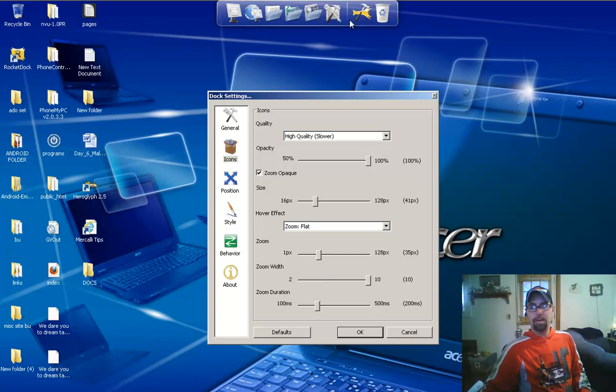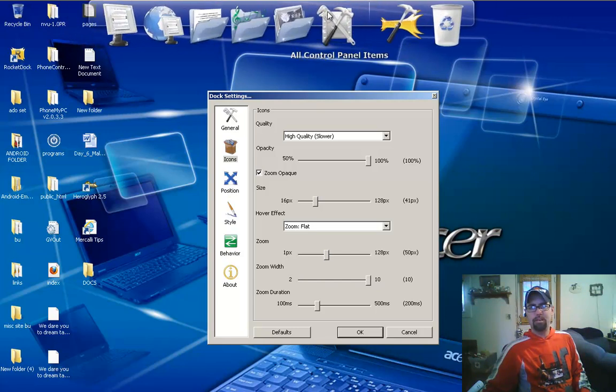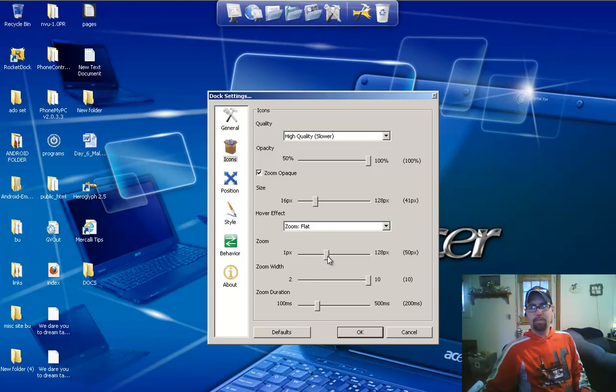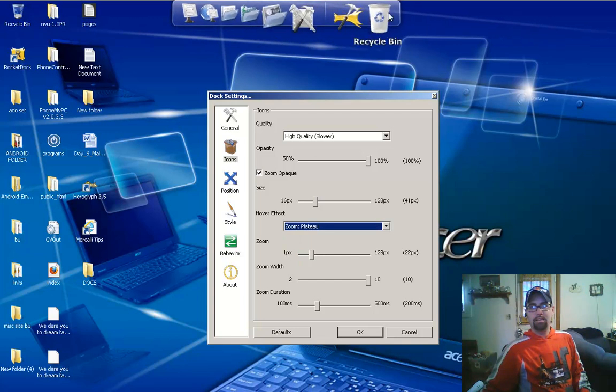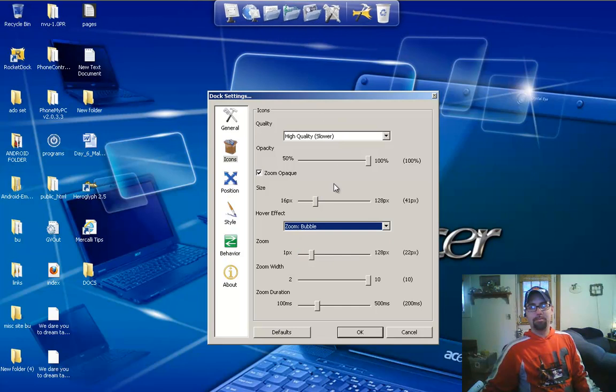Zoom width, you can change that. And actually, maybe I'm at 50. Oh, I know why this seems funky to me. Because I like the plateau. You see how the plateau works? That's pretty neat. But I'm a bubble man. I like the bubble. It'd take a little bit for it to